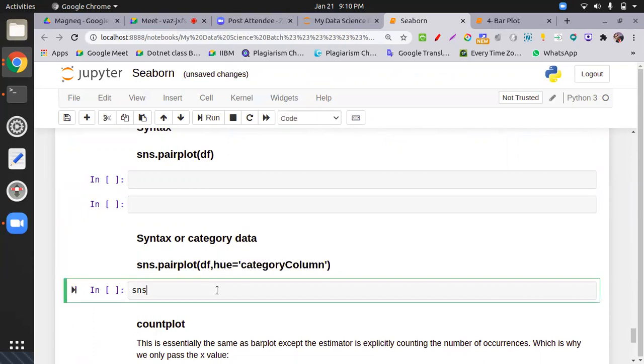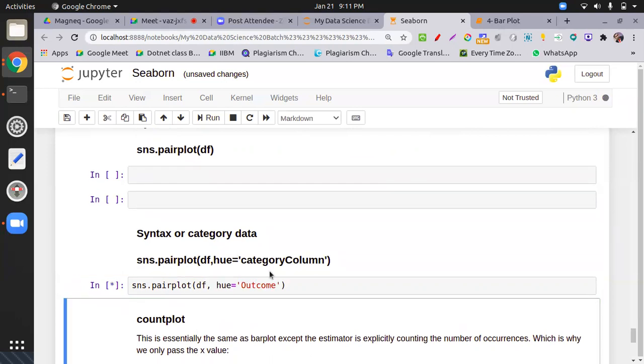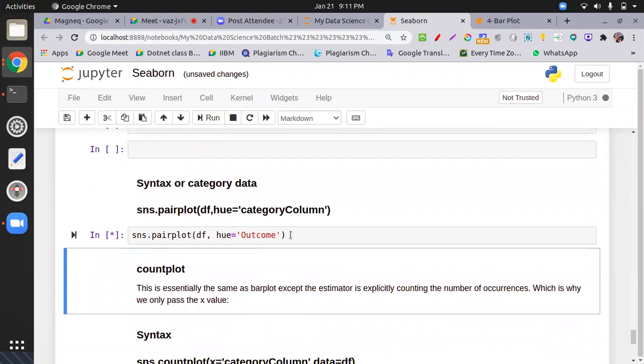So sns.pairplot, data frame, and what is my hue? That is outcome, meaning the classification column. Check this one. It will take some seconds.